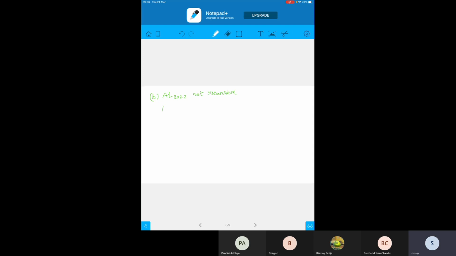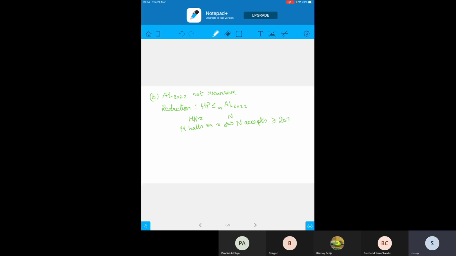As before, I'm going to try for a reduction, HP reducing to AL 2022. So you take M hash X and you have to construct some N, such that M halts on X if and only if N accepts